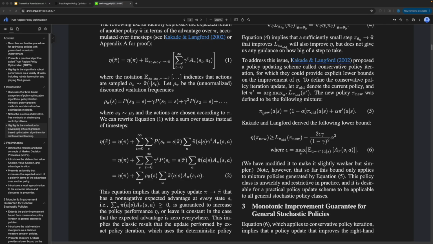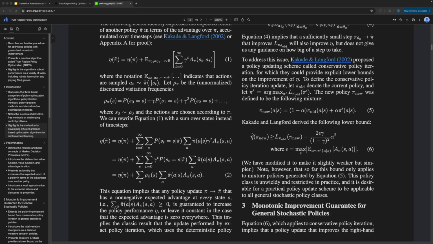If the new policy is a mixture of your old policy and a π', where the averaging is done using a parameter called alpha, it would mean that for 1 minus alpha of the time you'd follow the policy π_old, and for alpha of the time you would follow the policy π'. So in a way you are still very close to your π_old. It could lead to an improvement in your policy since